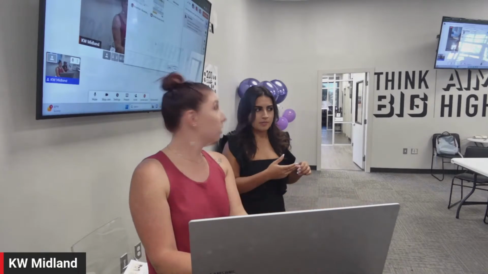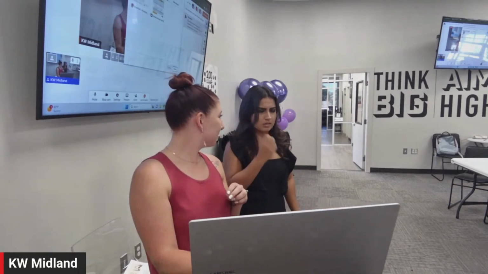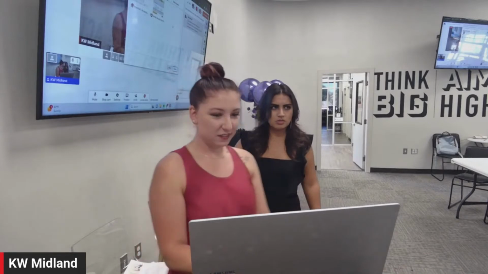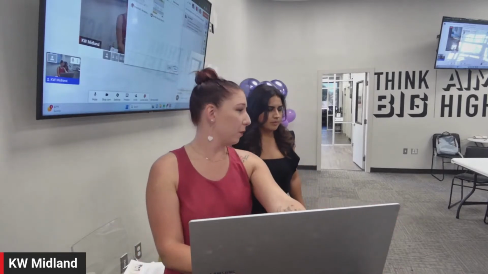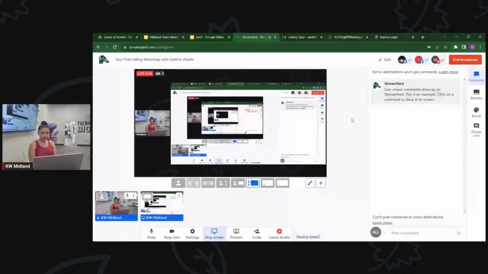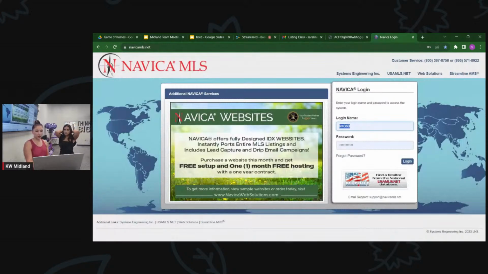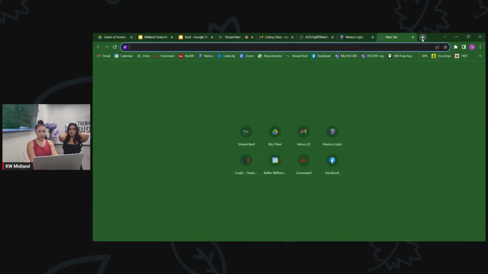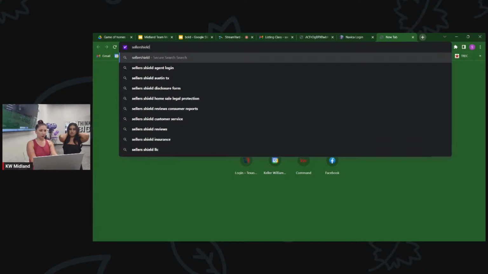But these are cool. No, because that computer's not hooked up. How do we get it tested? That doesn't have an HDMI port, so you may have had it in the computer. Oh my gosh, you were so sweet. All right, so we're sharing the screen right now. Do you want to go and log into your Navica? Yeah. And then you also need, you said Solar Shield? Yeah, I don't know what else. You can log in as you get there.